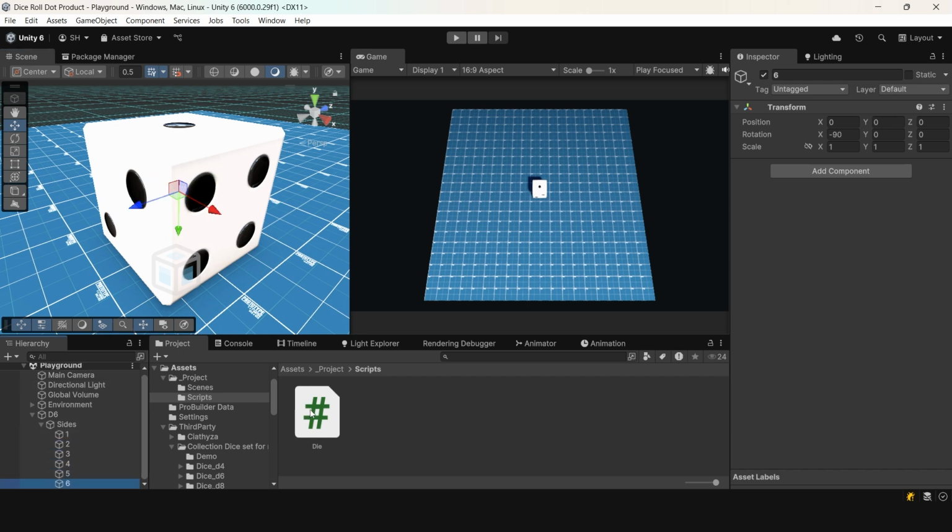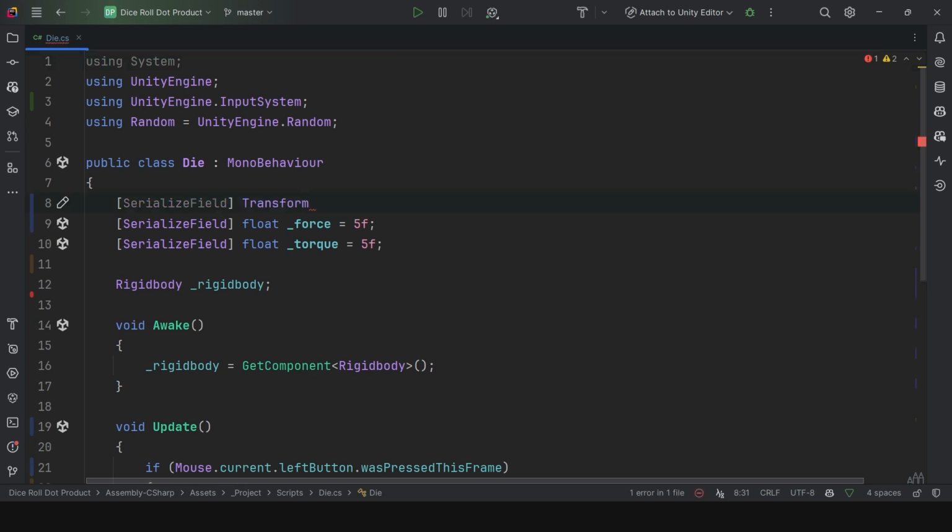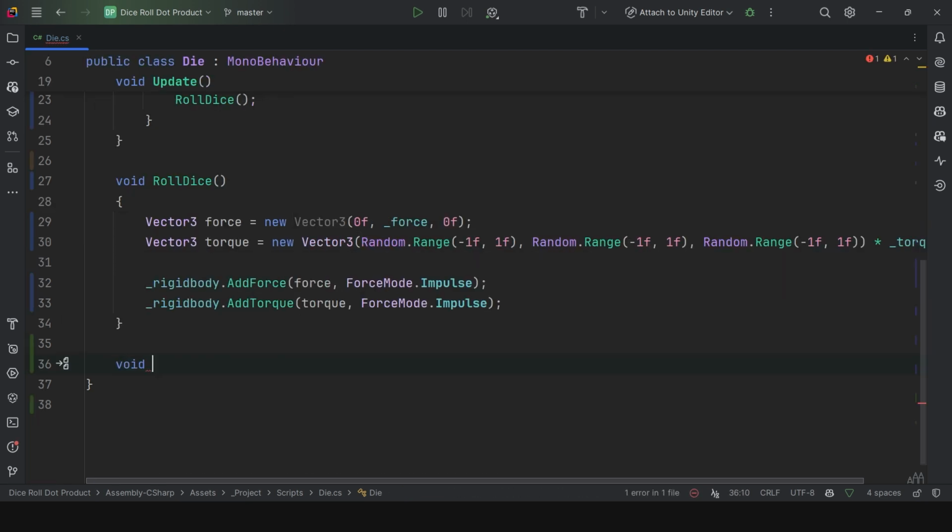With that set up, let's hop back into our die class. And we just need the transform itself out of each individual side. So let's create an array of transforms for each individual dice side. At the bottom of the class, let's create a method to detect which side of the dice cube is actually facing up. So for now, let's just create this as a void called